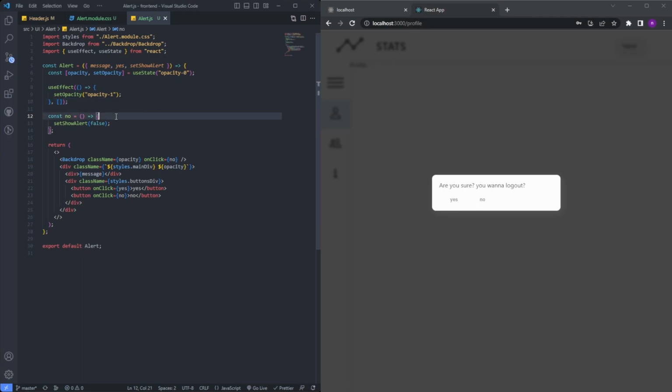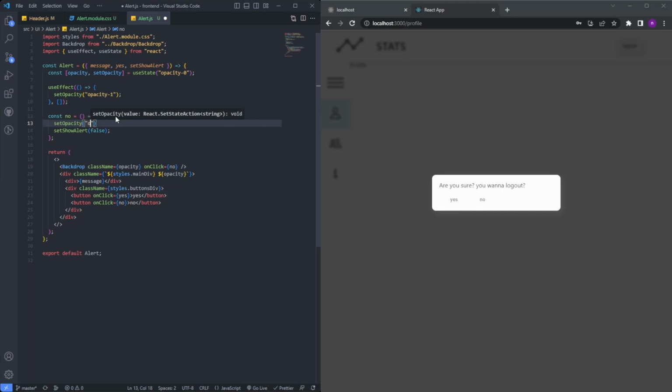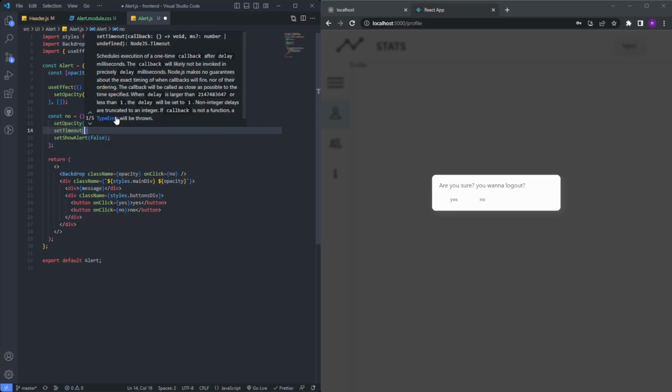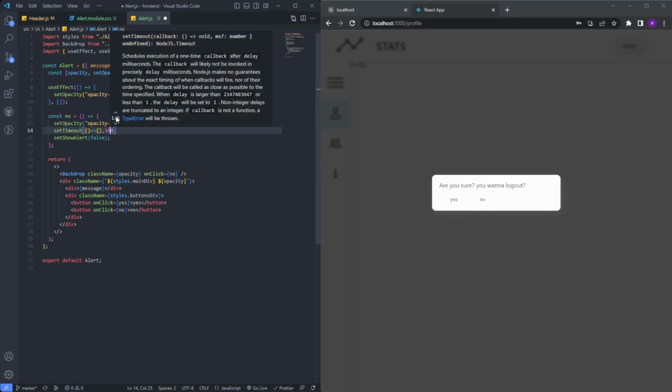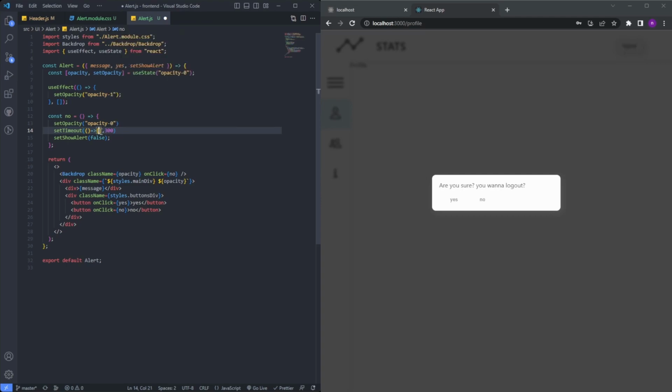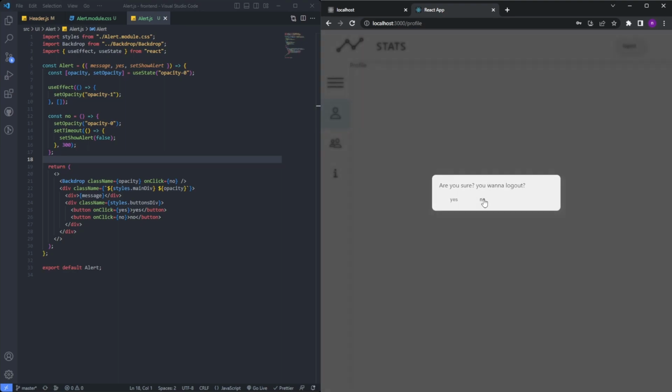Inside our no function, what we'll do is set the opacity back to 0. We'll set the opacity to 0, and inside our setTimeout, this callback function will run after 300 milliseconds. Inside this callback function we'll set the alert as false. We'll hit save. So when we click no, it has transition, but when we click on yes, it doesn't have